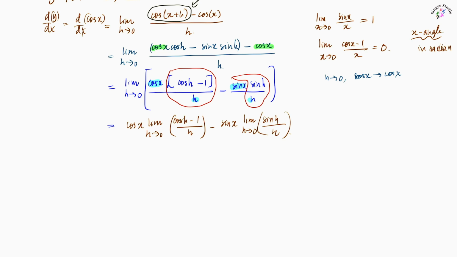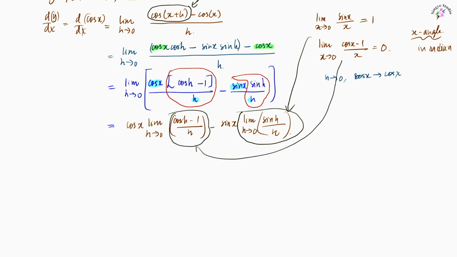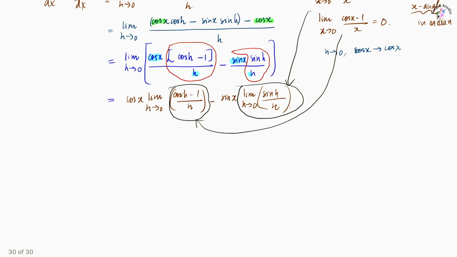And now we know that this expression is exactly this one and this expression is exactly this one. So finally what we will get, this expression is now 0 and this is 1. So this is cosine x times 0 is 0, whereas this negative sine x times 1 is negative sine x. Okay. The derivative of cosine x